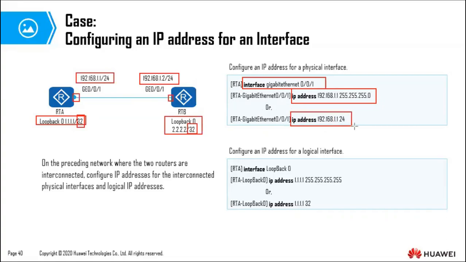Or you can use the number, the mask number, mask length. How do you create a loopback interface? You use the command interface, then the word loopback, then the number. So you can create loopback 1, loopback 2, loopback 3, etc. Here we're just creating loopback 0. You assign or configure an IP address in a very similar way to what you do with